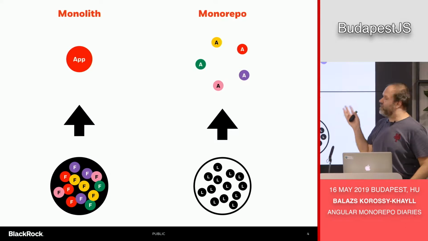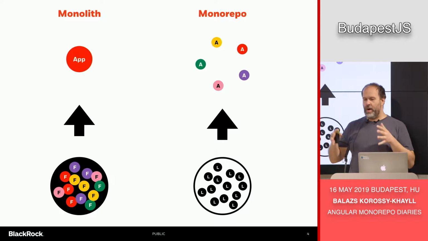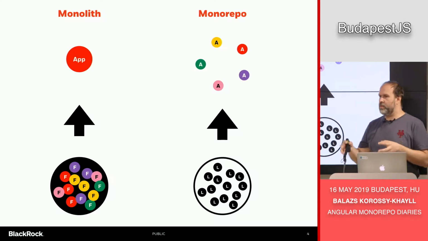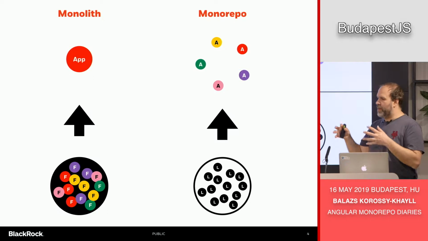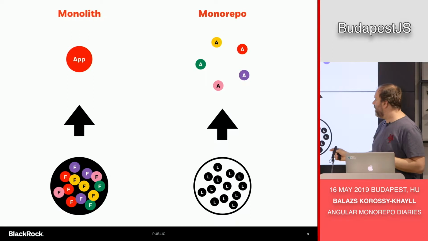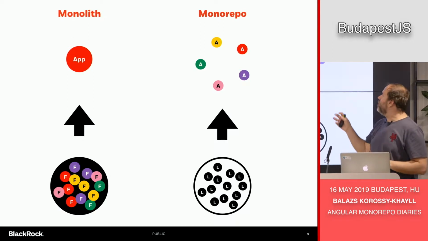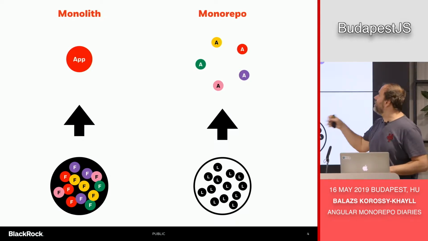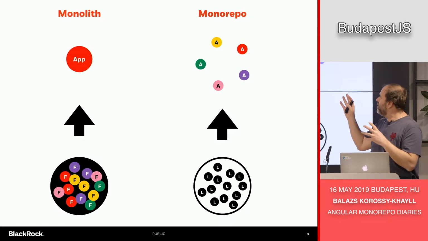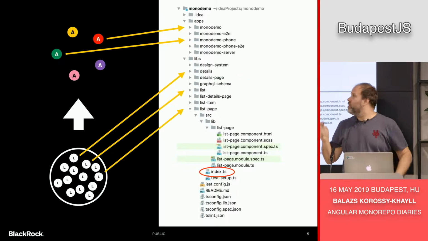But on the other hand, the monorepo is something different, where from day one, you are putting code into the same repository that delivers different functionality. These building blocks, as you can see here, we can call them libraries, but they are independent and they are combined into multiple different applications that are deployed independently from each other. But these applications can effectively share the same code. So this is how it looks.